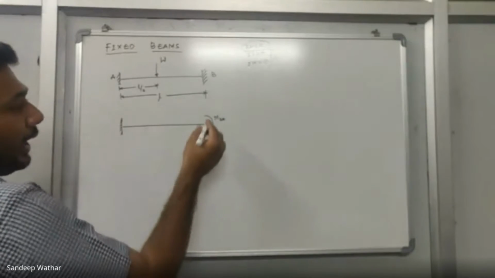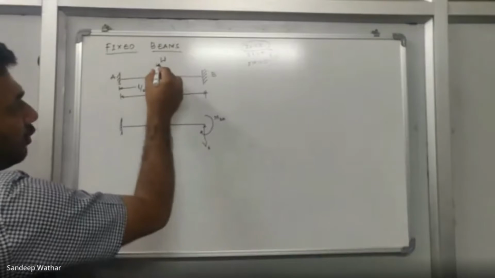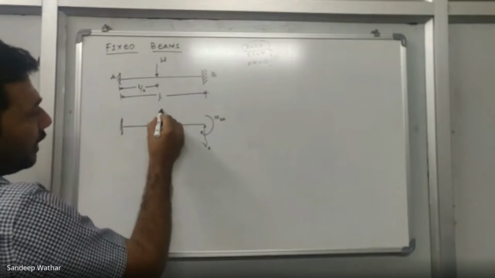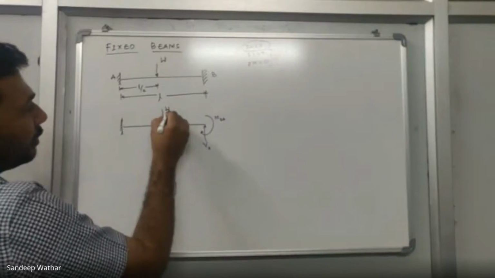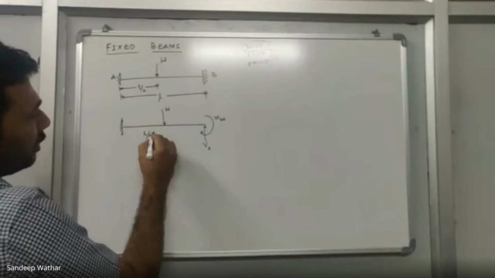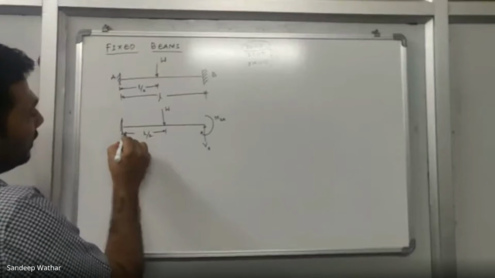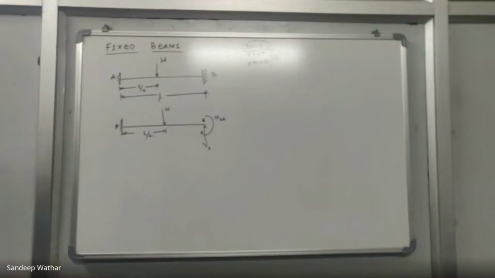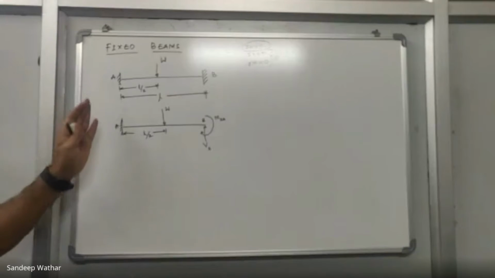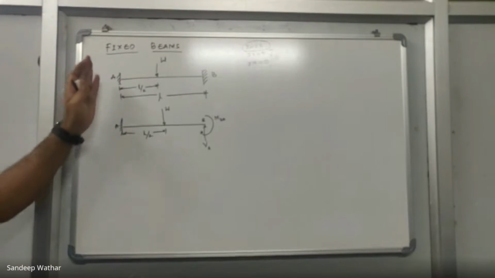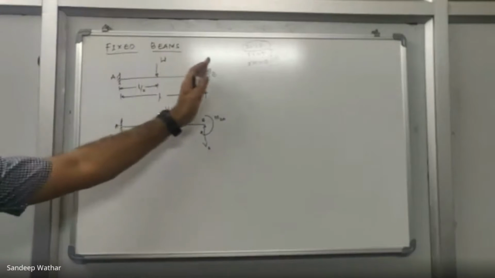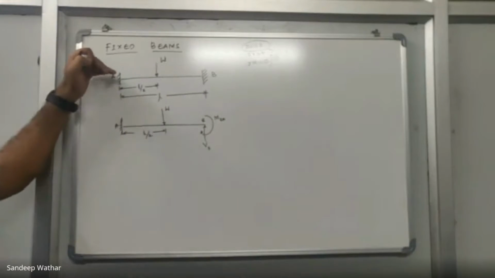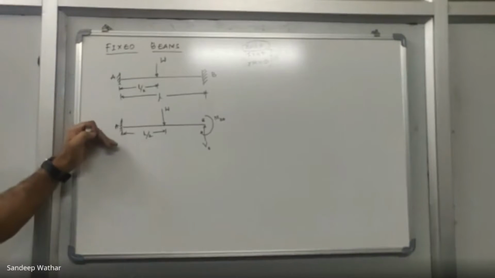When you release it, you should not forget to load the load which is already available. There is already a load available, which is W, and you know the distance of W with respect to A. So I'll note it down here. Right now, you can see that I have converted a fixed beam into a cantilever structure. This was the fixed beam. I have released the B support by applying the probable reactions that will get generated. By doing that, I have converted the fixed beam into a cantilever structure.